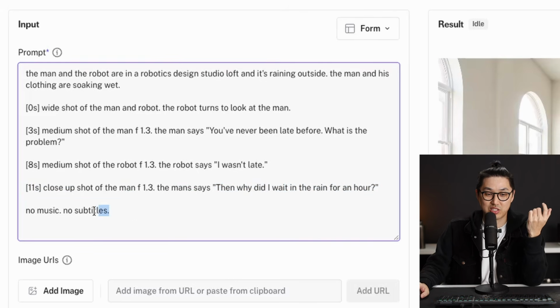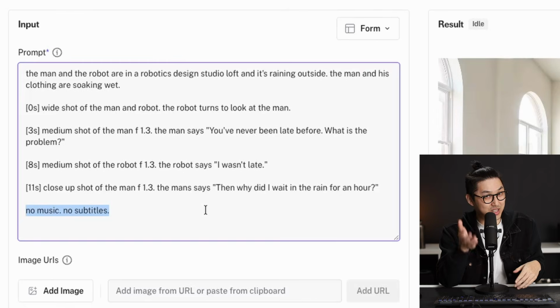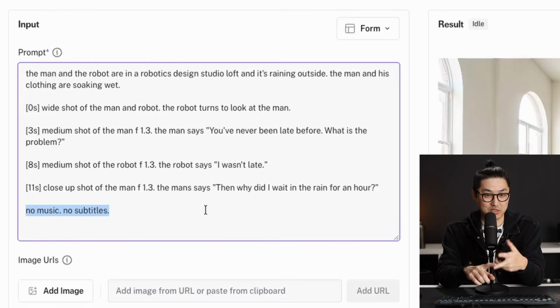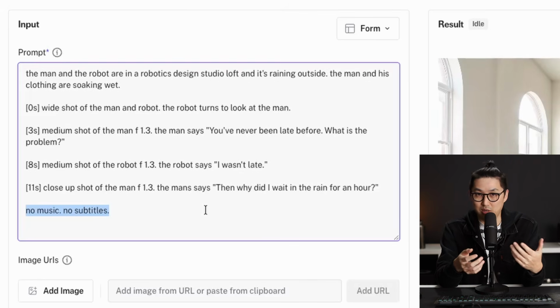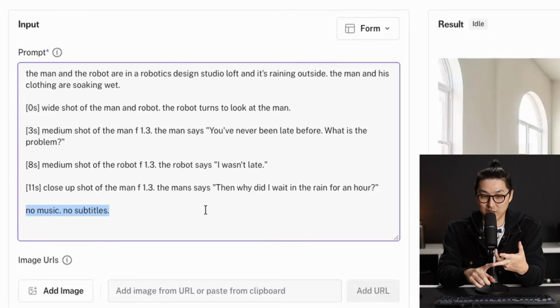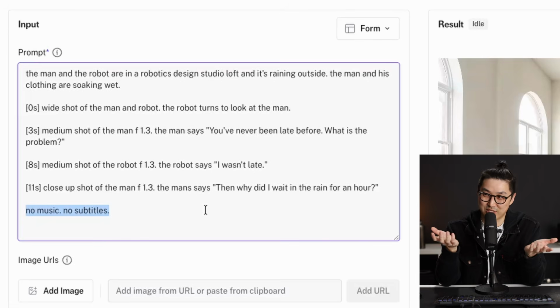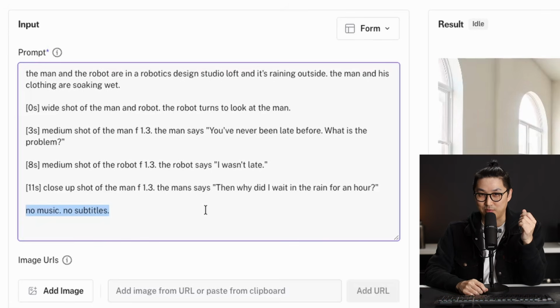Something important that's going to save you some time and some money here is that you want to say no music, no subtitles. At least from my early tests, it would always add music. This is similar to what would happen in VO and even Kling. And it would also add subtitles all the time, which we don't want. So that will save you a little bit there. Make sure you write that in case you don't want random music screwing up your edit, and subtitles. We can add those later. So, big prompt, 2 references. Let's look at the final result.